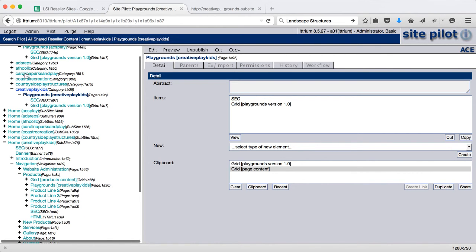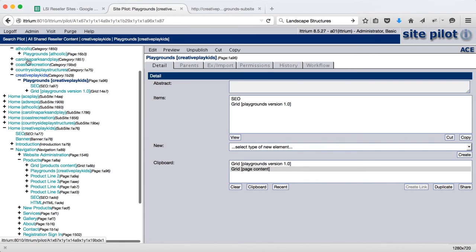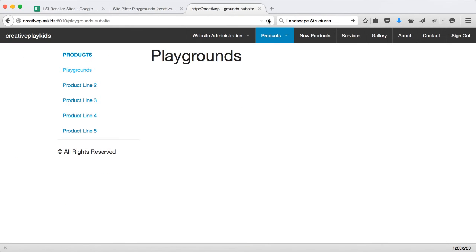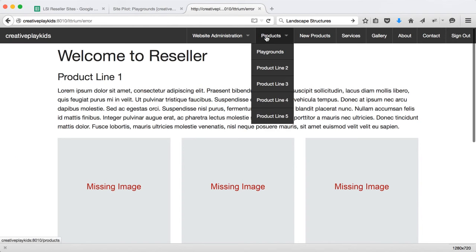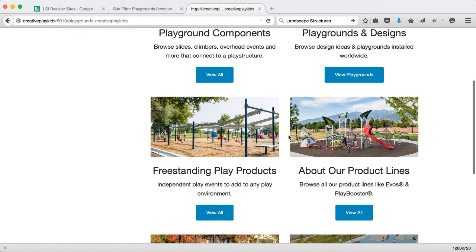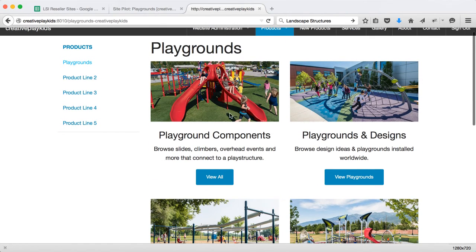And you can see if you look across any of these reseller sites right now, I have the same content item shared into each of them. So now I can return to my site, and when I refresh my page, I'll have playground information. Now my URL changed a bit, so I'm going to pop over here, and I can see this is the content that's shared. Now what's great about this is that the reseller can't edit this content, but somebody at LSI